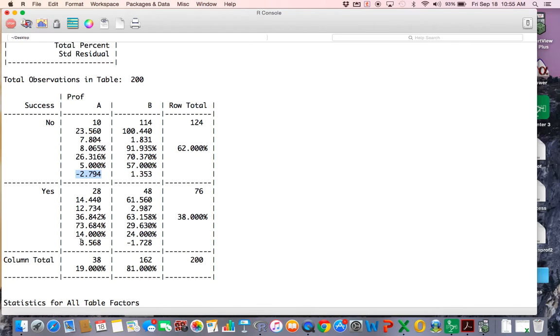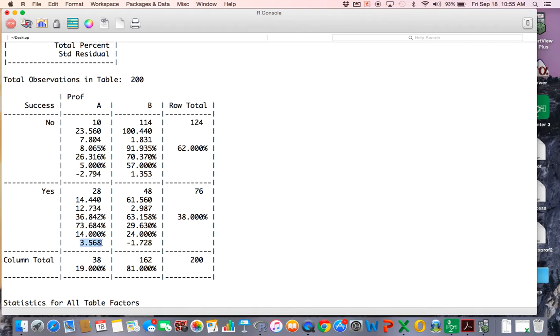So when I see this 3.568, this tells me that the observed frequency of students who succeeded under Professor A is 3.568 standard errors higher, because it's positive, than expected